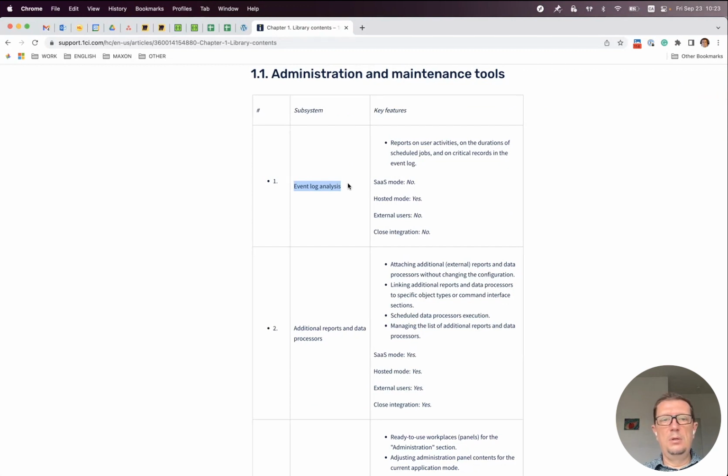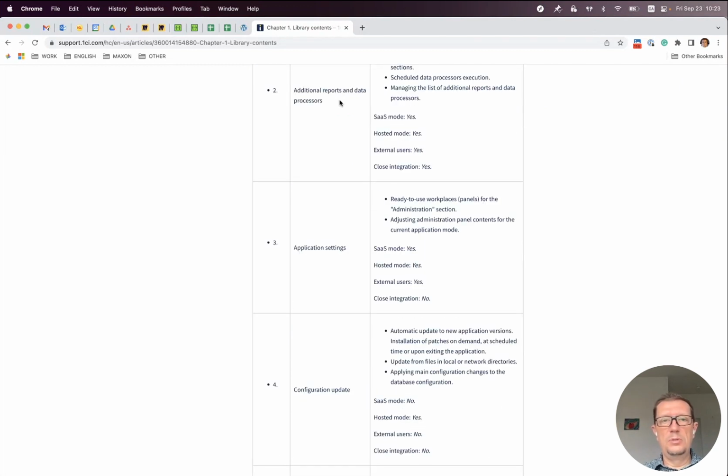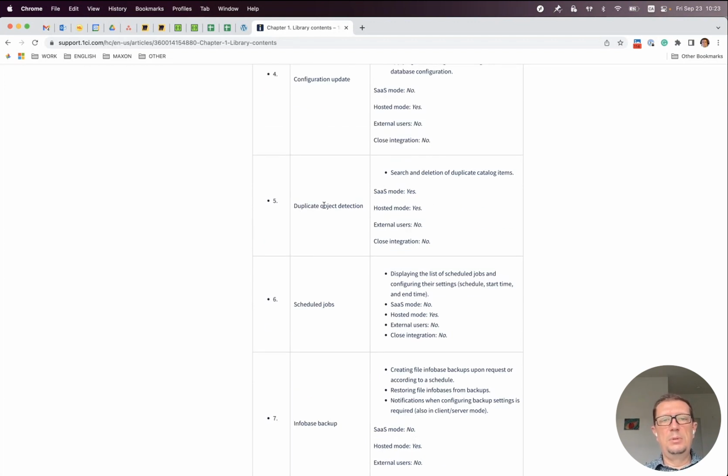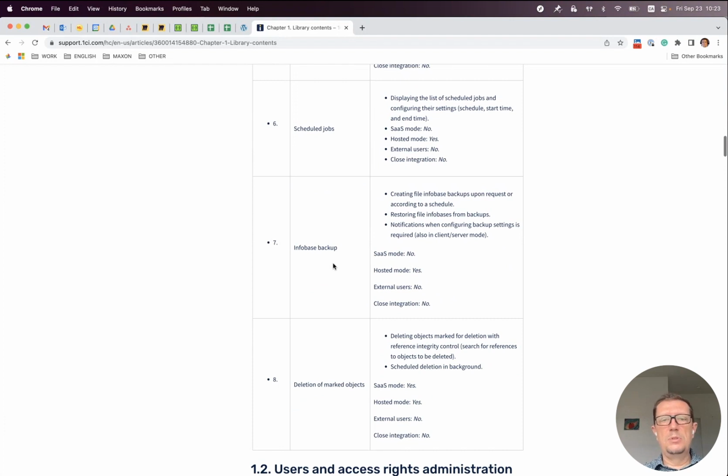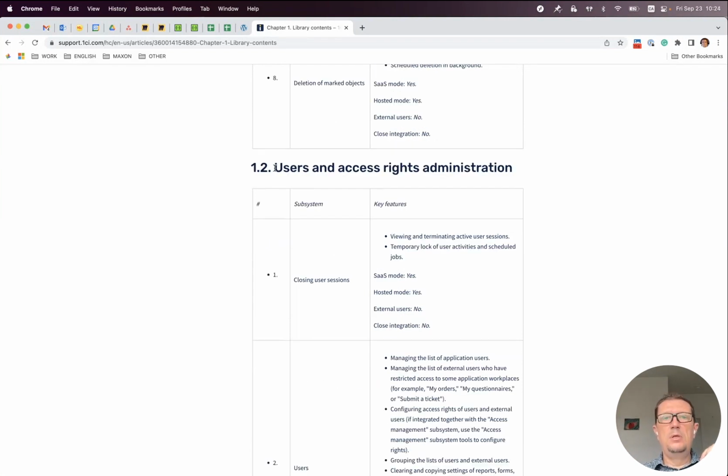Here you can see event log analysis, additional reports and data processors, application settings, duplicate object deletion, scheduled jobs, infobase backup. Everything generally belonging to the administration of your application lives here. The next area is users and access rights administration. Everything that is somehow connected to your user list. What access rights do they have?